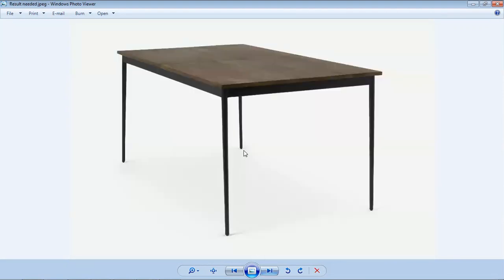As you see, there's a slight drop shadow down there, and nothing is blurred. It's crystal clear. It is in fact a JPEG image, but you can give the client multiple options like JPG or PNG formats, or the high resolution TIFF, and any other format which is required by the client.